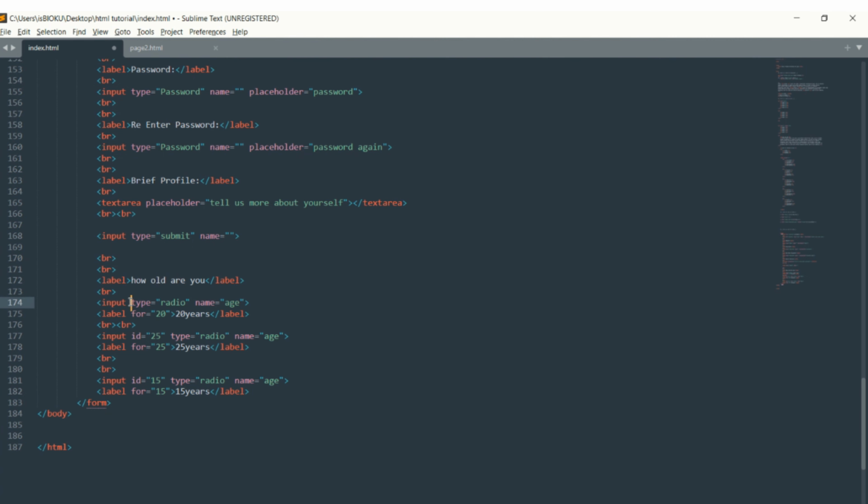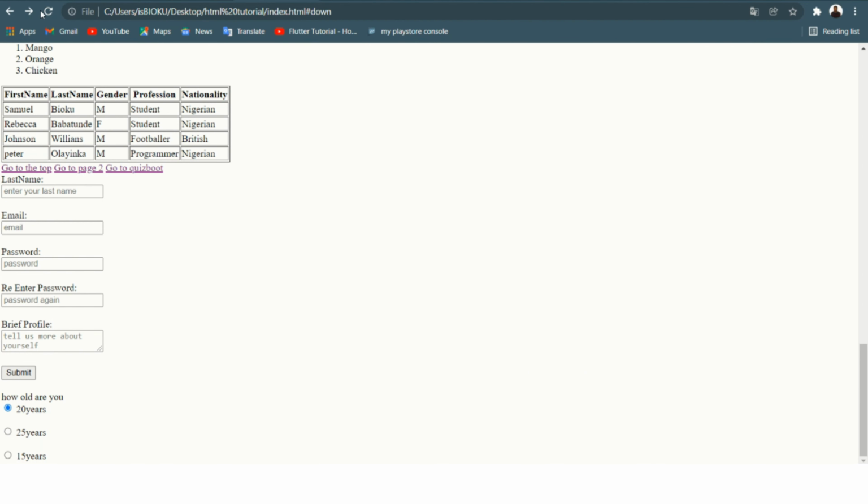For inside input, put for, put ID, put 20 here too. So what we used is the name attribute to bind all this information together. Now we are using ID and for to bind both the input and label of each option together. So if I save this information now, go to our browser, reload our browser,